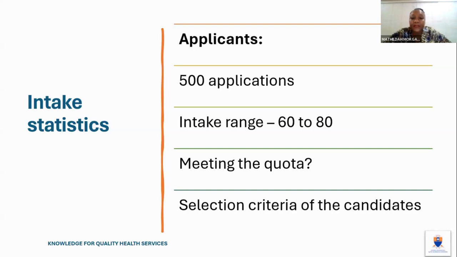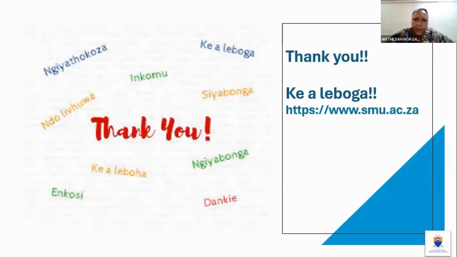Then you'll find that out of 500 applications, 200 are relevant, and 80 of them would meet the criteria for now. Now, because of our staff establishment, and we have automated our modules now so that we can focus on research projects and other academic activities, we will be increasing our intake to 120 because of the automation of our modules.